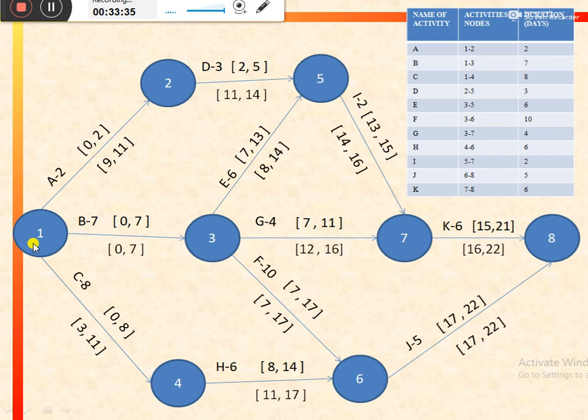The second path can be like this, which includes activity C, activity H, activity J. So it would be named as path CHJ. Similarly, the third one can be like this, from 1 to 3, 3 to 7, 7 to 8, which includes the activities BGK. So there can be various paths in a particular network,